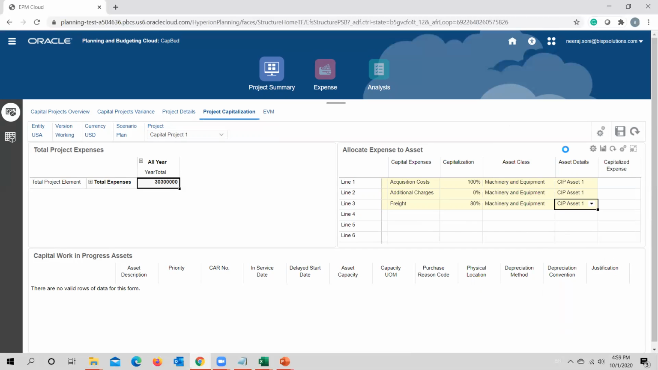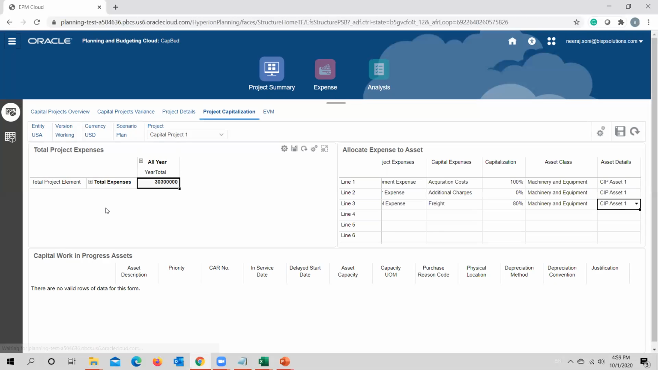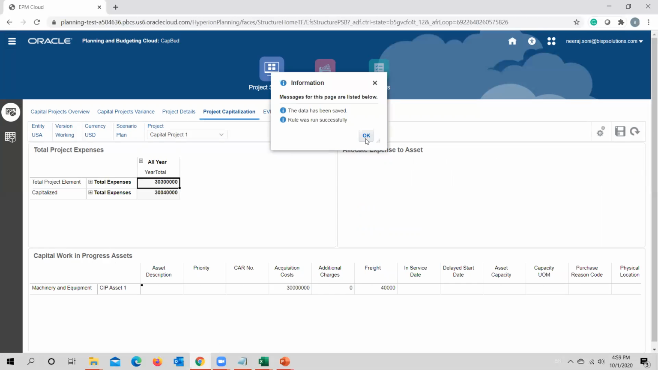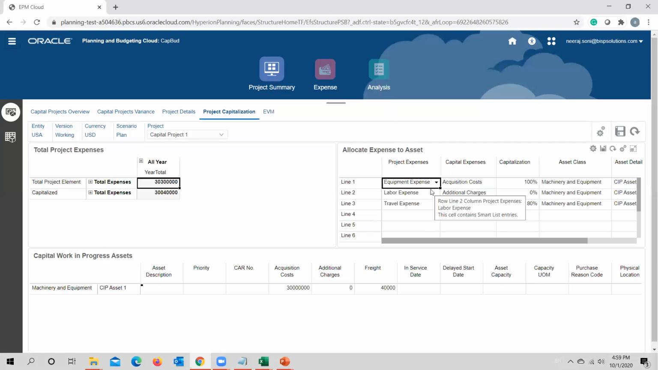So after the calculations are done, under total project expense we had our capitalized expense cost. Once done, the total project expense was 30 million, and the capitalized cost being 3,004,000, that is 30 million and 40,000. Now, for this particular project, there are certain expenses associated because